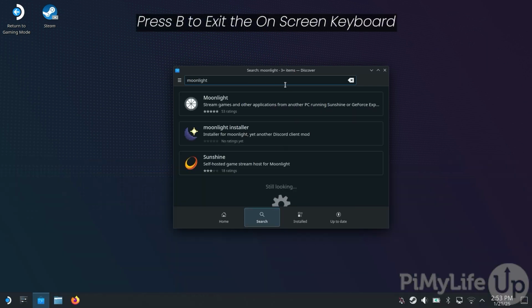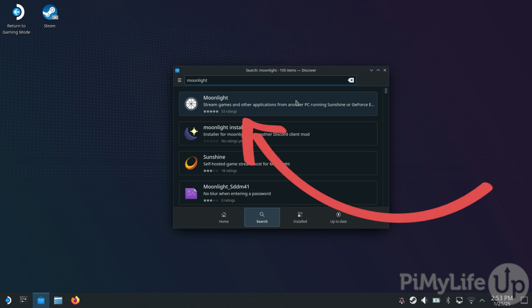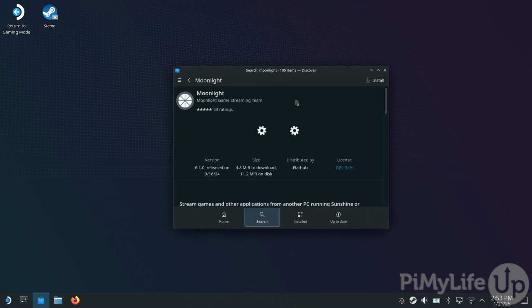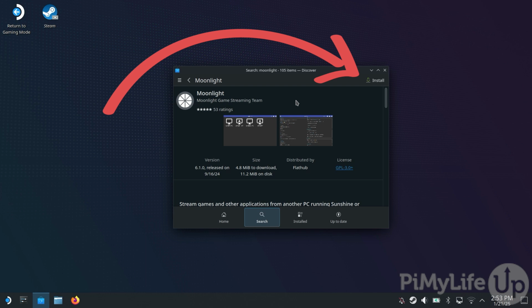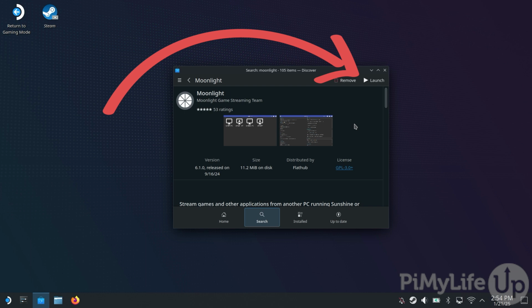You can press the B button on your Steam Deck to get rid of the on-screen keyboard. You should now see Moonlight listed here. Double tap it to open its Discover page. On this page, you'll want to click the Install button in the top right hand corner of the window. The installation of Moonlight may take a couple of minutes, but once you see Launch in the top right hand corner,